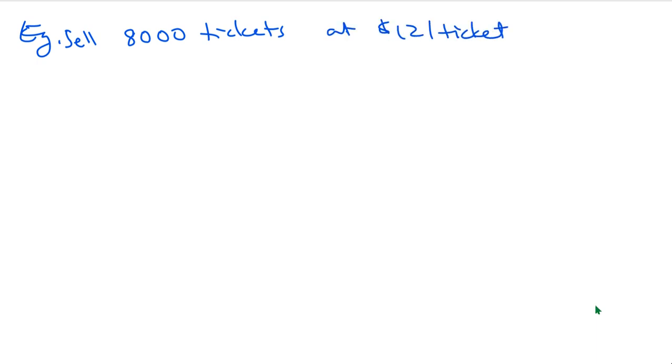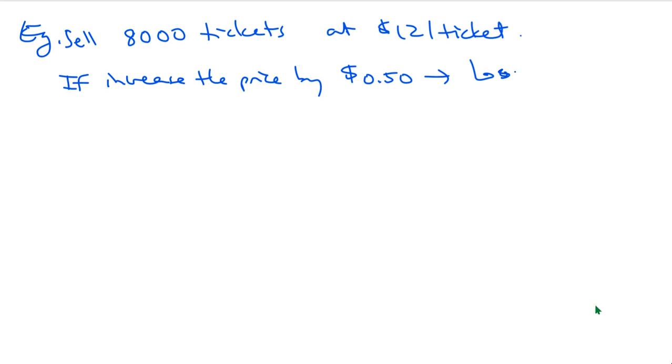Okay, and then they learn that every time they increase the price by 50 cents, then they're going to lose 200 sales. So should change this. They're going to sell